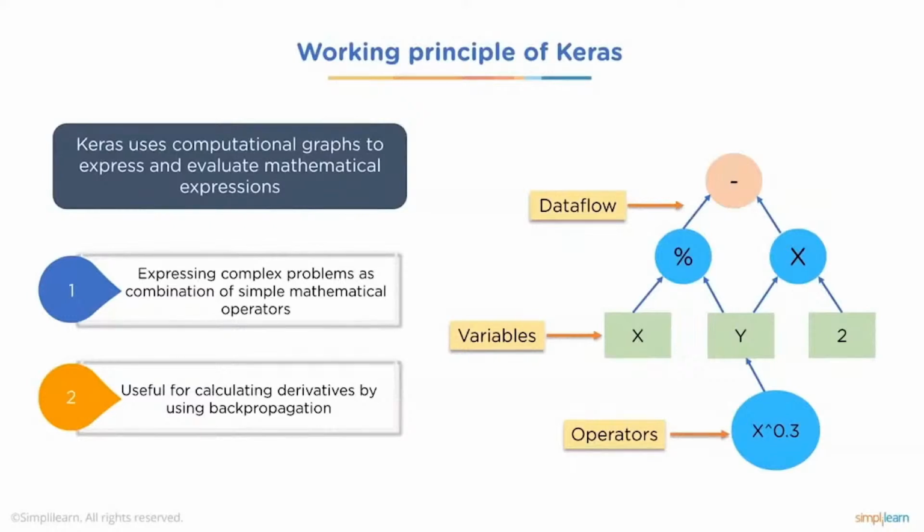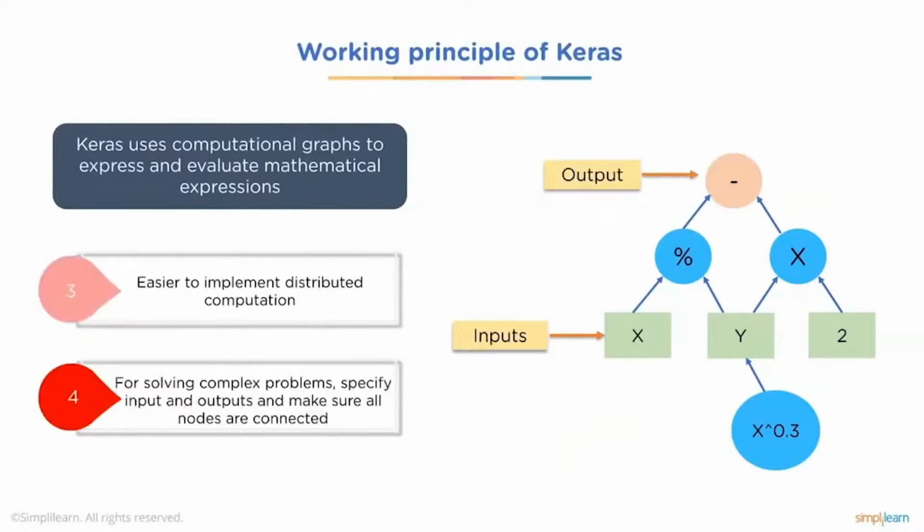where we have the percentage, or in this case in Python, that's usually your remainder, or multiplication. You might have the operator of x to the power of 0.3. And it is useful for calculating derivatives by using backpropagation. So if we're dealing with neural networks, when we send the error back up to figure out how to change it, this makes it really easy to do that without banging your head and having to hand write everything. It's easier to implement distributed computation, and for solving complex problems, specify inputs and outputs and make sure all